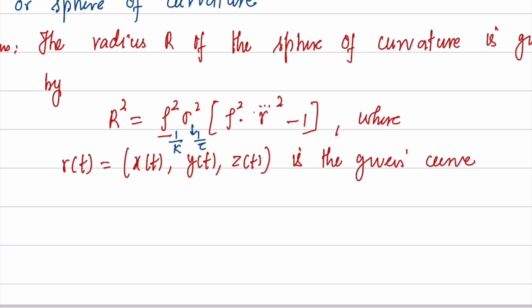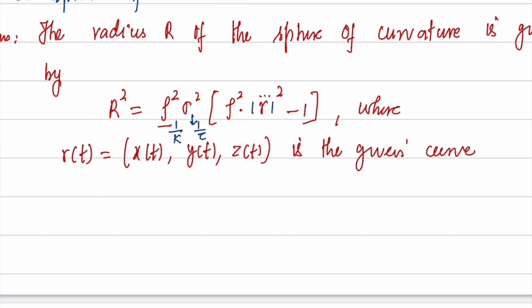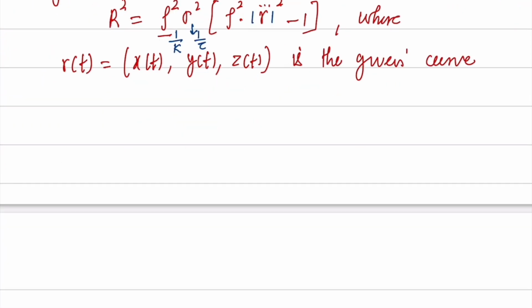In fact, we can use modulus here, minus 1. Then this is the radius of the sphere of curvature. Now we take another theorem which is also related to a curve and a sphere. So this is like this: